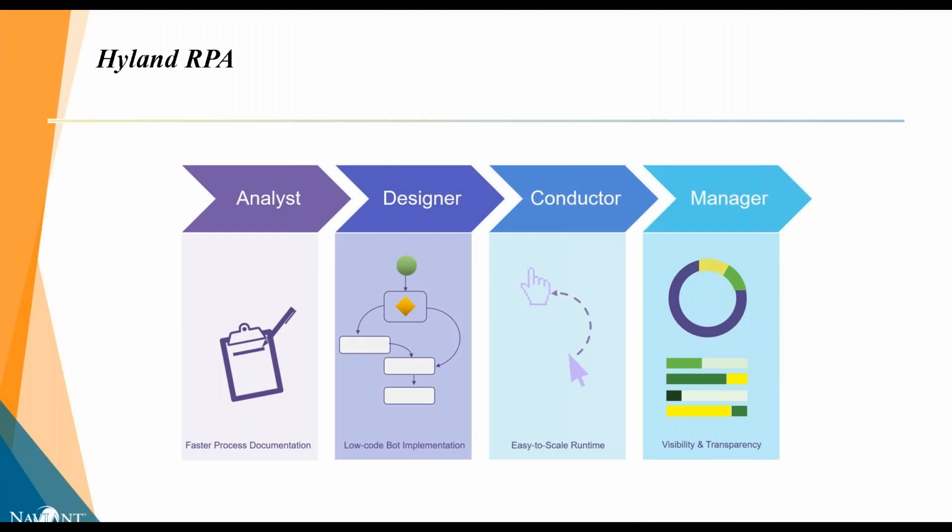So now let's take a few minutes to talk about this RPA toolkit and what it's comprised of. Regardless of the RPA product that you have, and there's quite a few of them, they generally all have the same components. The analyst is a tool for documenting your processes. The designer is for actually programming the robots, the conductor for actually running the robots, and the manager for scheduling and monitoring all of your bot activity. We'll dive into a few of these in more detail.